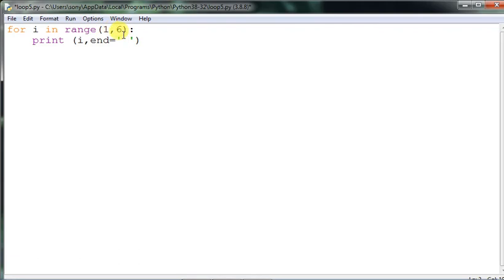Now, 1 to 6 means it checks the condition all the time. As long as the condition persists, it will execute. Here we did not mention any step, only the initial value and the final value. You need not mention a step of 1, because the previous value is automatically increased by 1, but anything other than that you need to mention. That is the purpose of the range function.